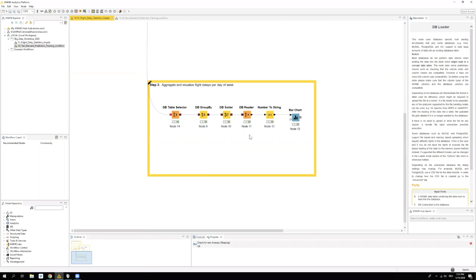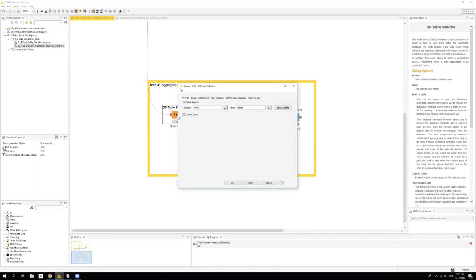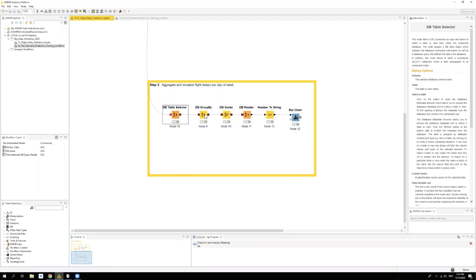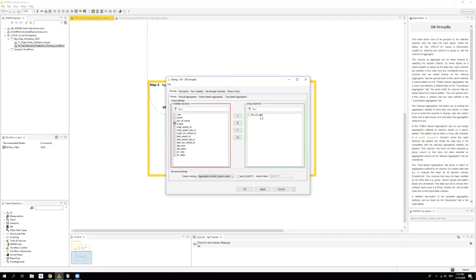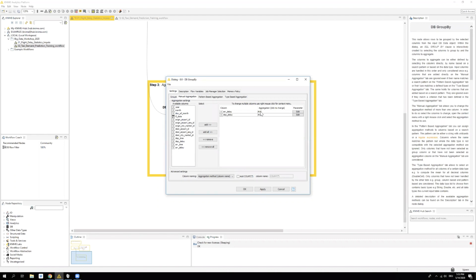Once you have data, you can query it. In this little workflow, we first select the airline data table, and then we group by day of the week. We do an average aggregation on the arrival delay and an average aggregation on the departure delay.